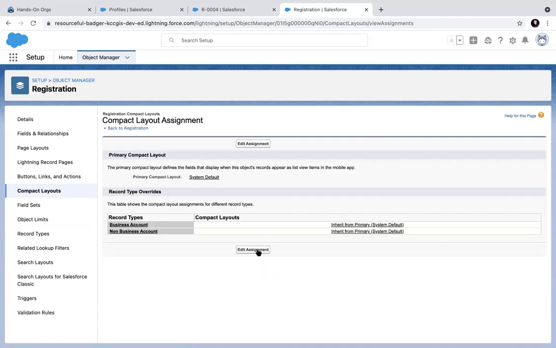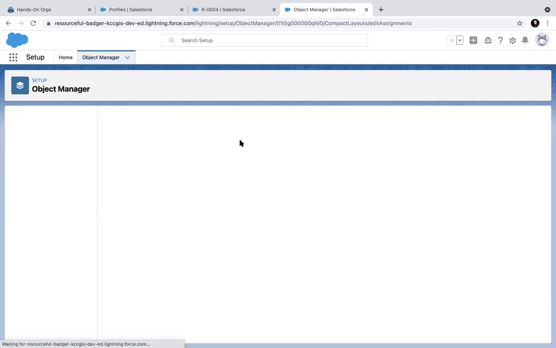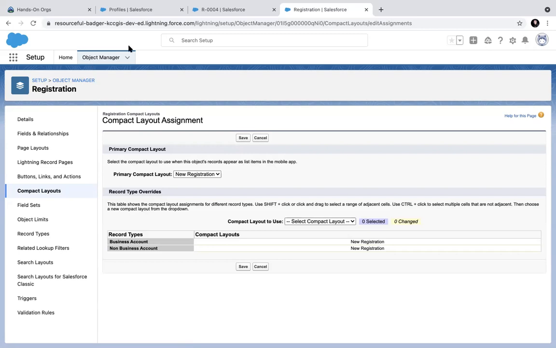I go and I will do assignments, right? You see, here I will put new registration. Here I will put new registration. And primary is new registration. So what happens now?